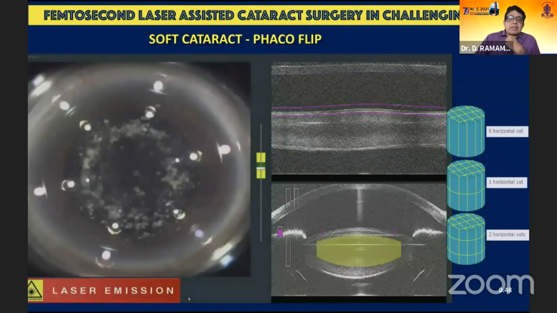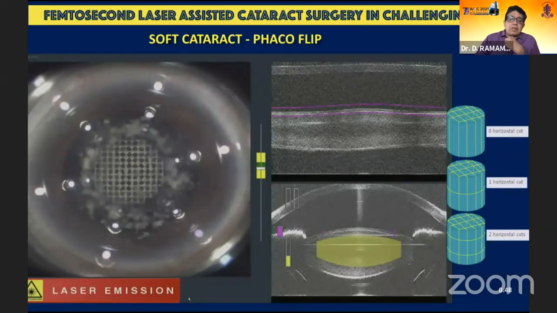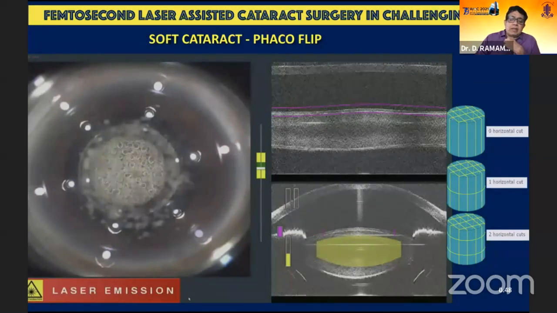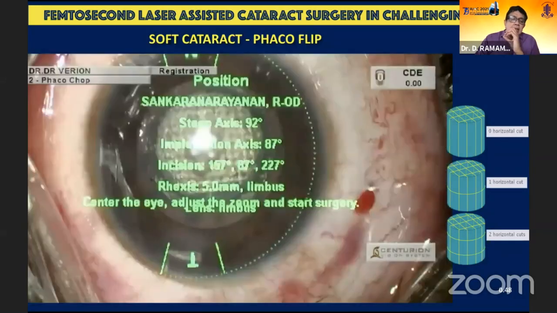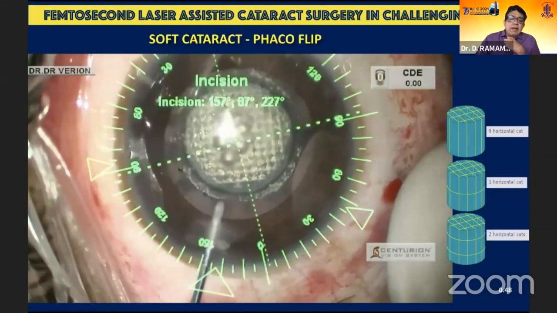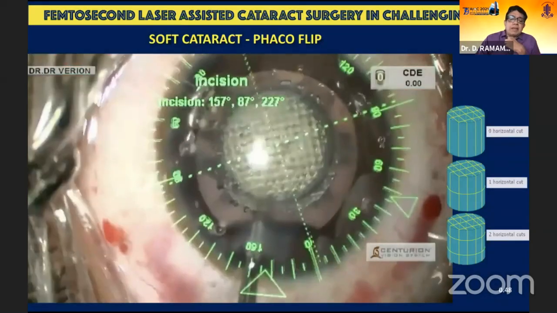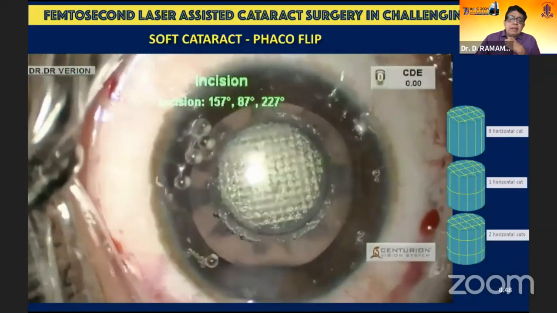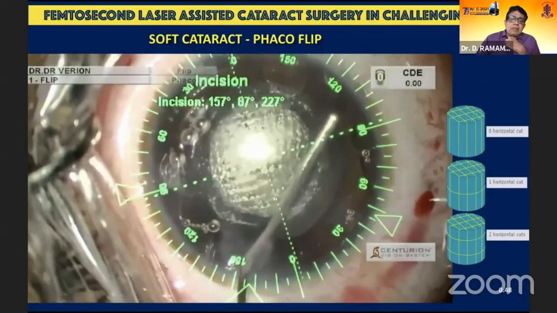Femtosecond laser assisted cataract surgery in complex cases is the topic he has given me. Sometimes the soft cataracts can appear to be pretty tough, and I think even in these situations, using a femtosecond laser does help. Basically, it's 2 passes of the laser that we do, one at 1/3 the thickness, another at 2/3 the thickness, and we make a 500 micron honeycomb pattern so that the entire cataract is emulsified, with a very precise 5.2 millimeter rhexis that has been created. Removal of the lens becomes extremely easy.